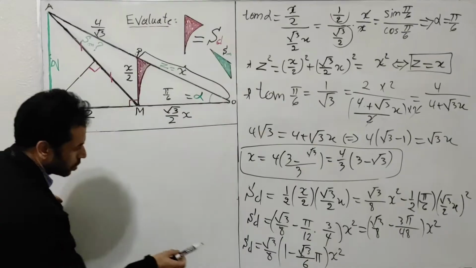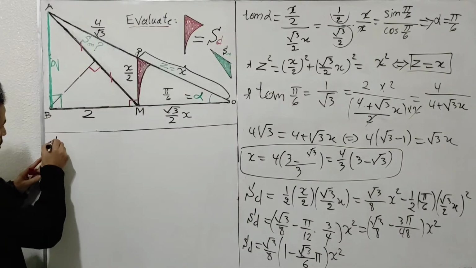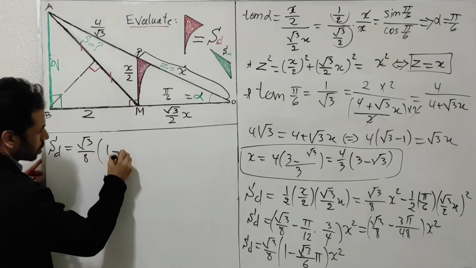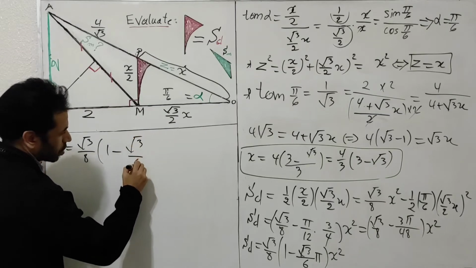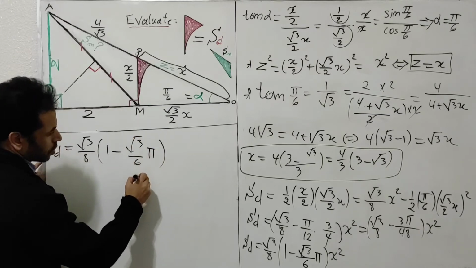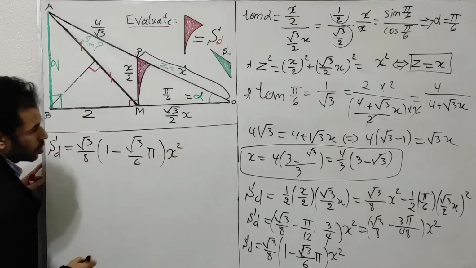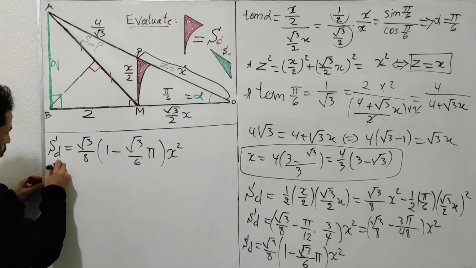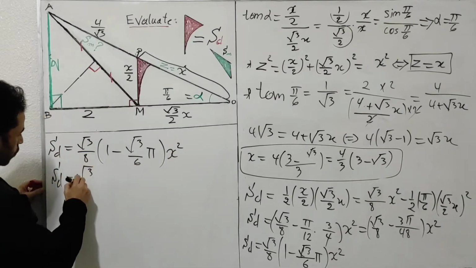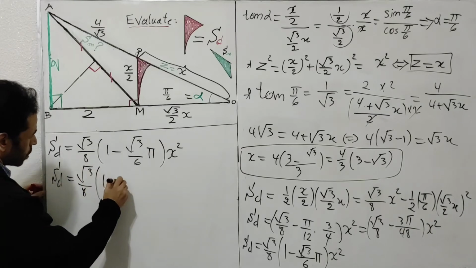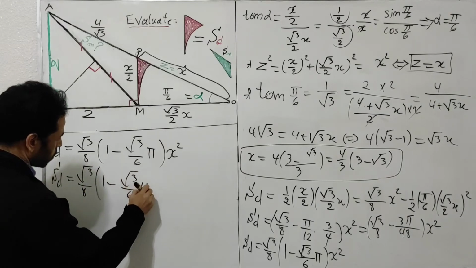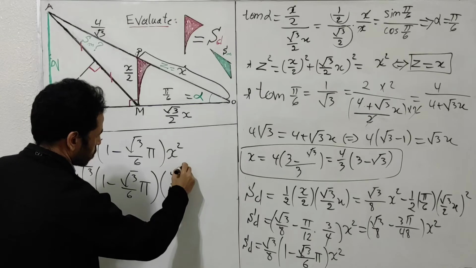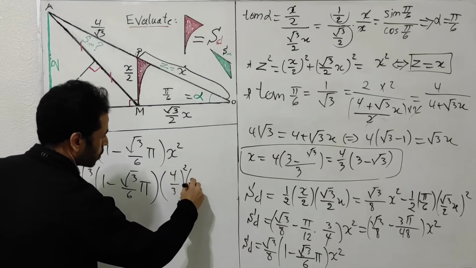Okay, now I'm taking this expression up to here. I will get the shaded area equal to square root of 3 over 8 multiplied by 1 minus square root of 3 over 6 pi, the entire thing multiplied by x squared. So I'm going to replace x squared with its value as we found before. So the shaded area now is square root of 3 over 8 multiplied by 1 minus square root of 3 over 6 pi, multiplied by x squared, which is 4 over 3 quantity squared, multiplied by 3 minus square root of 3